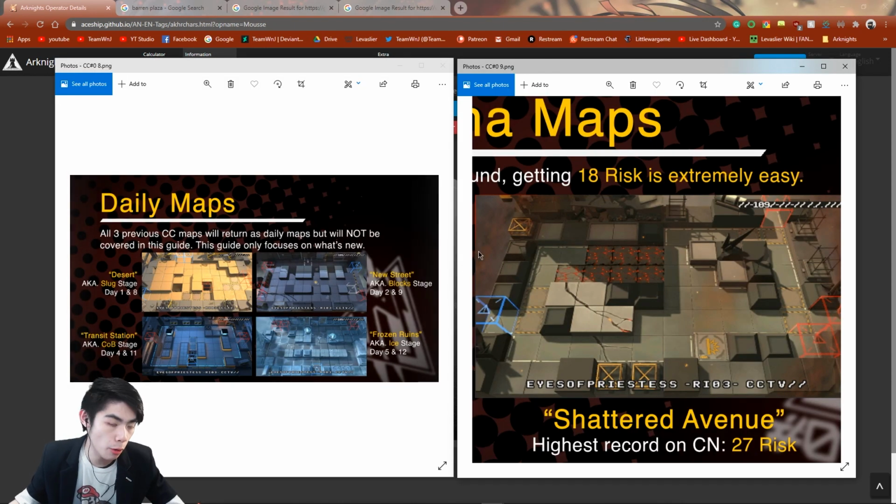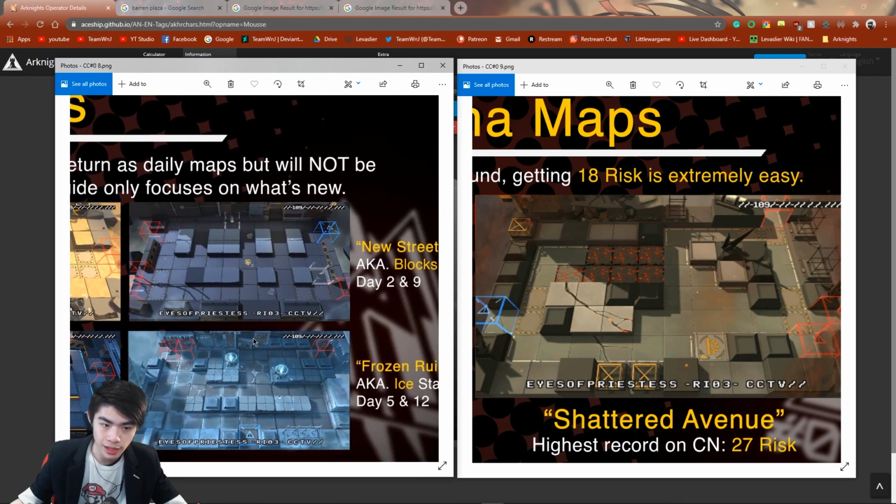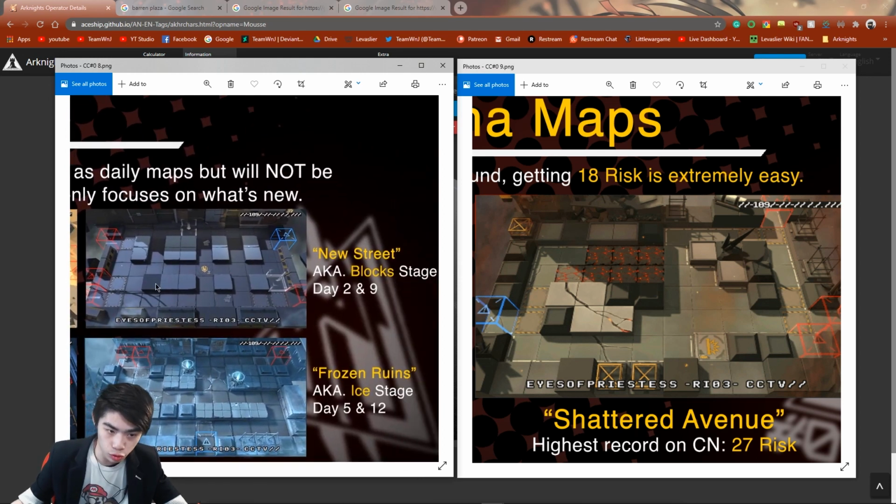Is there any map here where I would prefer Moose over any other operator? Well, wherever there is someone who hits you particularly hard, if you want to lower their attack so that they don't kill you as fast, Moose can come in handy, even more so than Estacia. Now, the only maps that I can think of where this would be the case are Transit Station, New Street, and Frozen Ruins. The thing is, though, with New Street, most of the time you're gonna put your defender on the